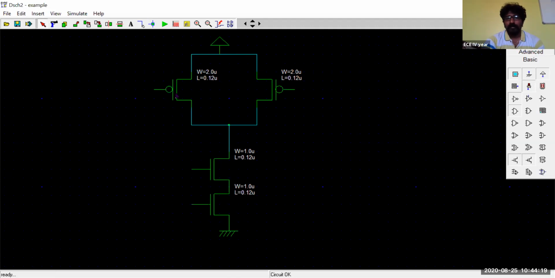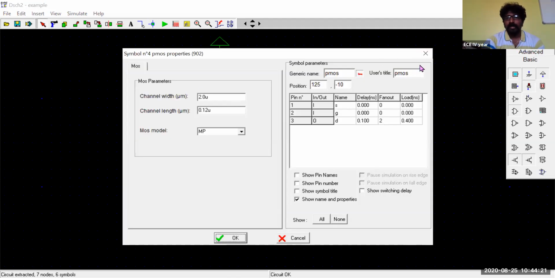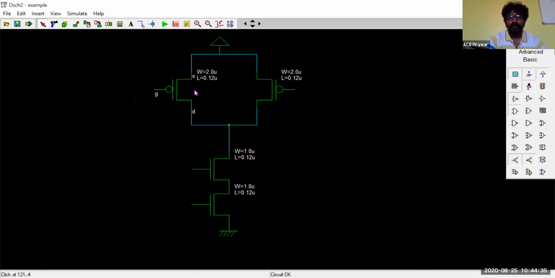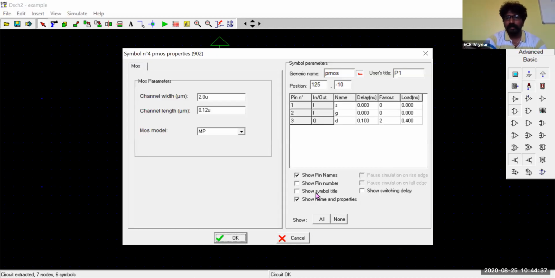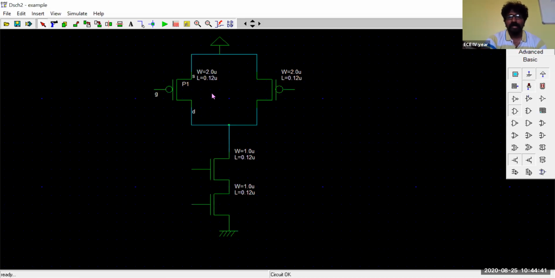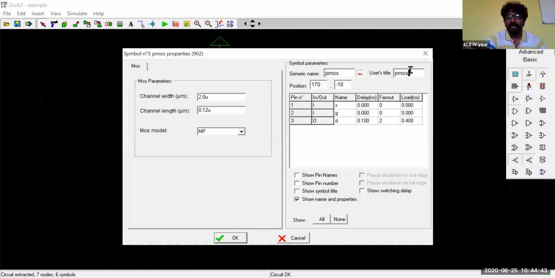Now you can click on that particular component and name it. Now I'll name it P1, and pin names. Okay, since I have not given the symbol title, it has not appeared here. Now P1, you can see the P1 name here. In a similar fashion, this is P2, and try to give the pin names and pin symbol title.